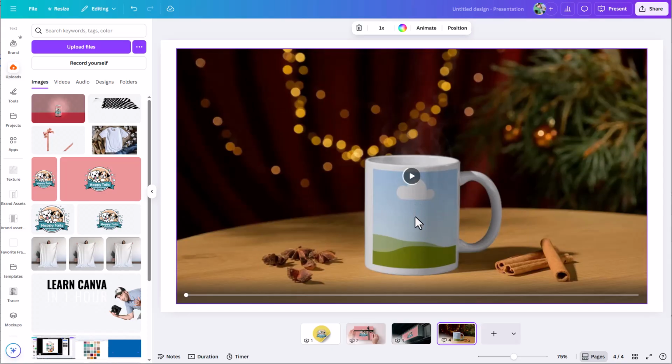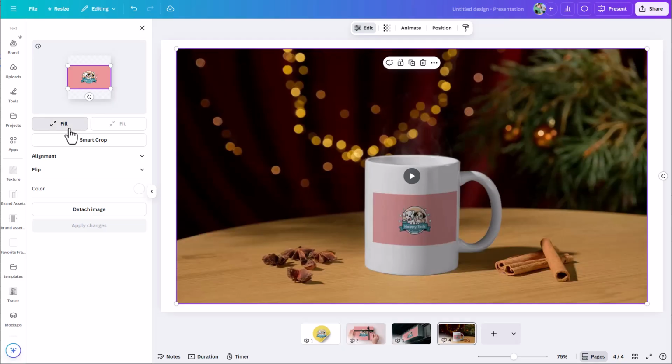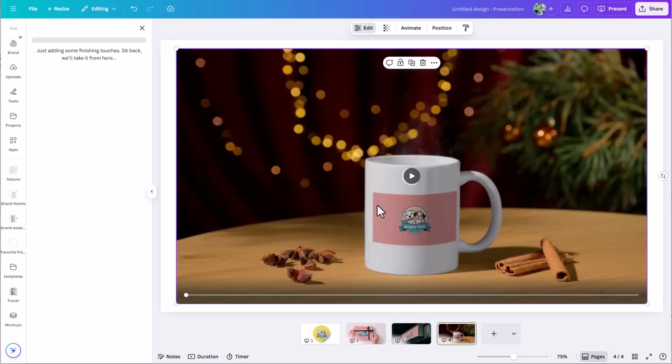Some of these mockups in here actually have some motion, some animation, so you have these video mockups as well. And we can see if we look at this line here, yes, it is curved. Now I might want to come in here and scale this up, so you can always just use this fill option. It's automatically going to fill the frame. I'll go ahead and apply these changes, and then we'll hit the play button to just see that this does